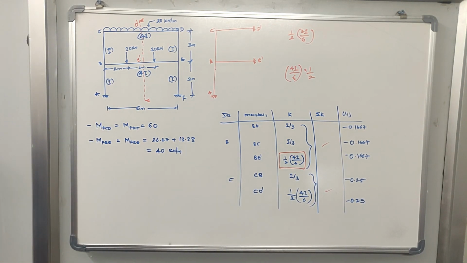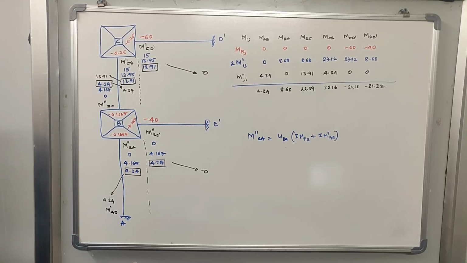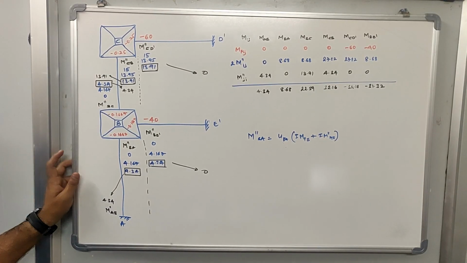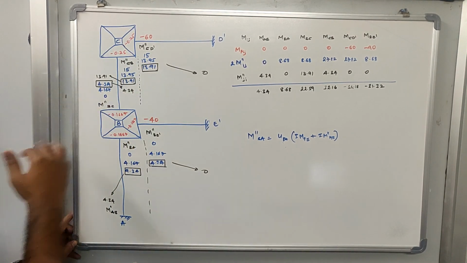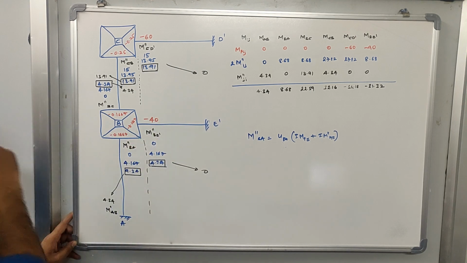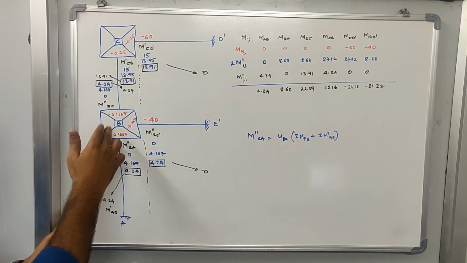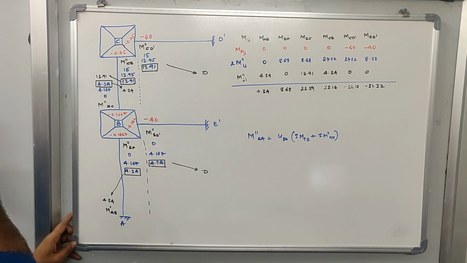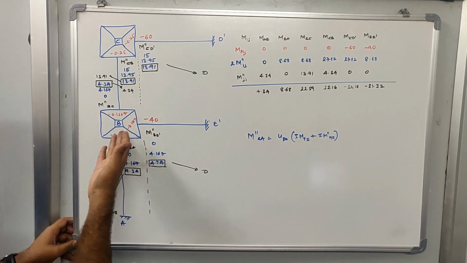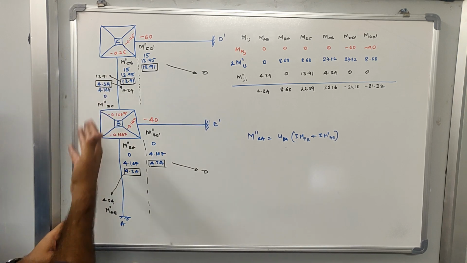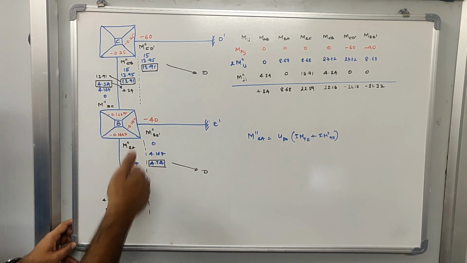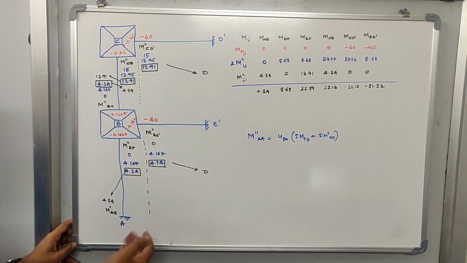The next step would be to solve for the end moments. So let us solve the end moments using Kani's method. As we know, there are two joints which are connected by more than one member, which are joint B and joint C. We have also solved the stiffness values and the rotation factors for joint B and joint C. So we'll write down first the rotation factors for all the members at joint B and joint C, then we'll write the fixed end moments. After that I'll tell you how to calculate the rotation moments, right?